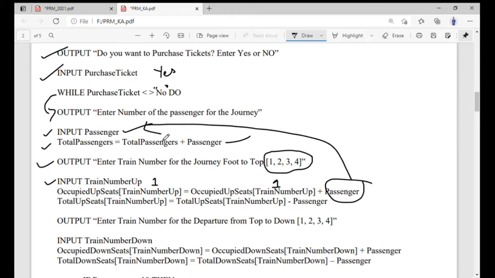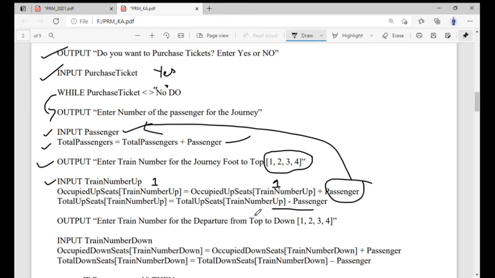Then the second time, total up seats, number 1, total up seat minus the passenger. With this statement, we will get how many seats are remaining. Because we have to show, once the seat is booked, that we change the status from available to close. We have to replace the word available with the new word, close. That's why we are totaling and we are making a seat availability over here.